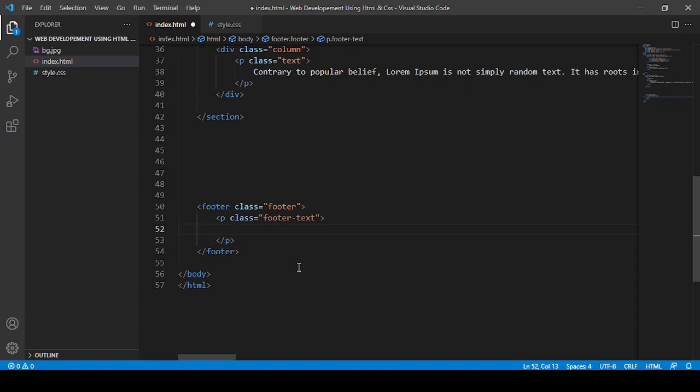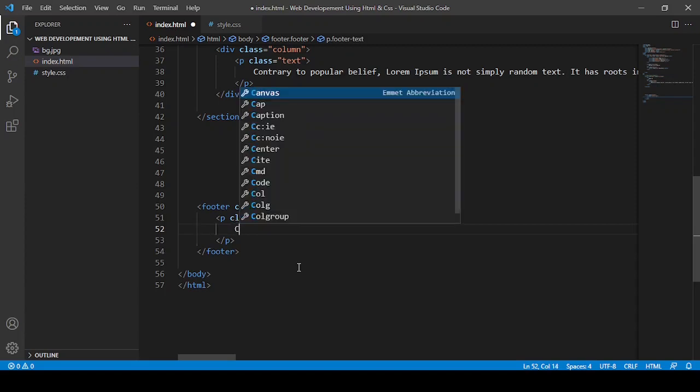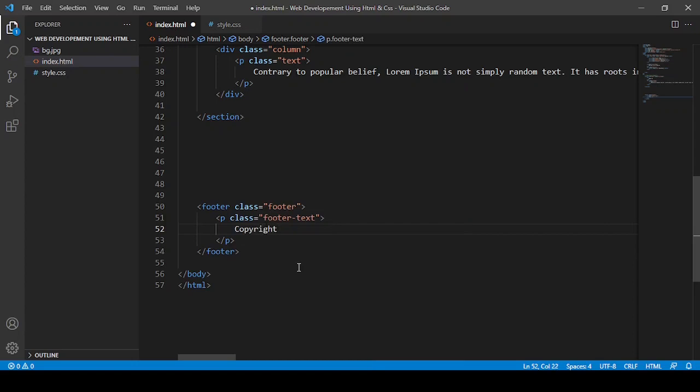So in footer I'm going to keep copyright information, so copyright, and I'm going to use this one, I'm going to say copy, and I'm going to say your date, here you can keep any, and I'm going to use this sign, I'm going to say my name, and this much, and at last I'm going to say all rights reserved. And I'm going to save it.